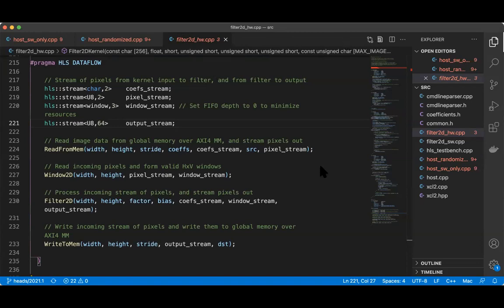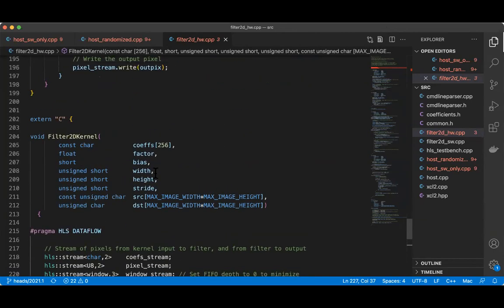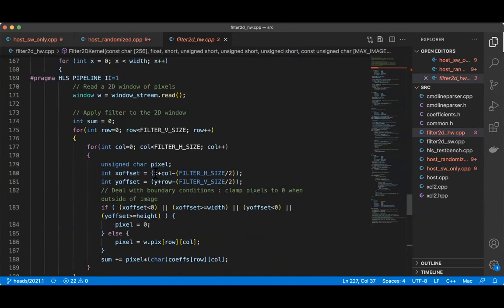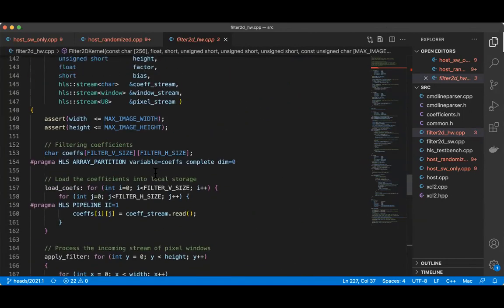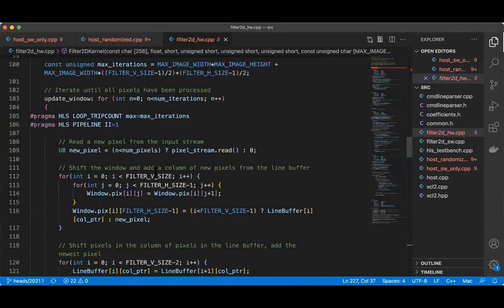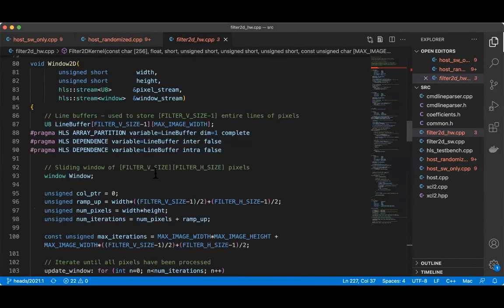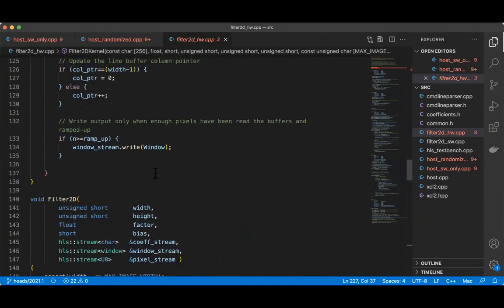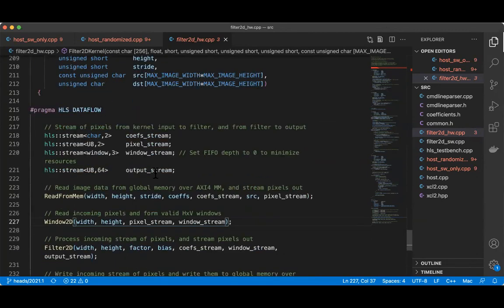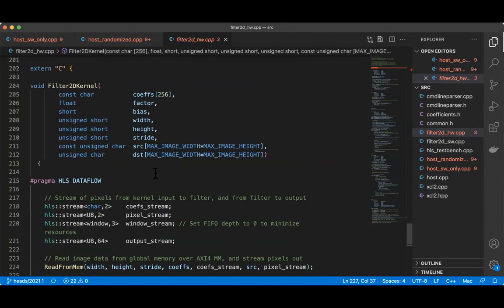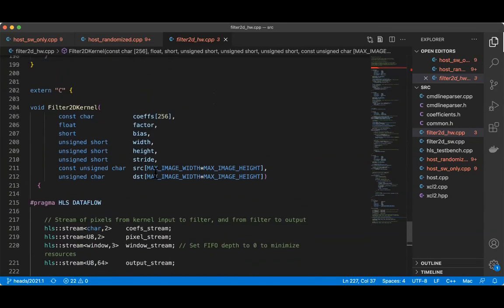Sir, all these 4 modules, everything will be part of a single kernel, right? Yeah, good question. That's true. This is all part of a single kernel only, because you have only one read and one write. So you read everything, you process all the stuff inside the kernel, divide into different modules, and then finally you write it back to the DDR.